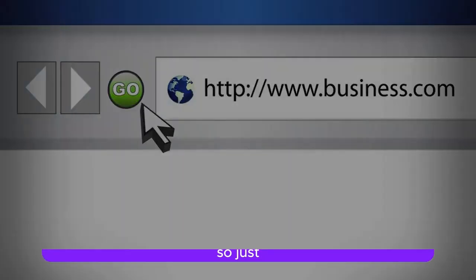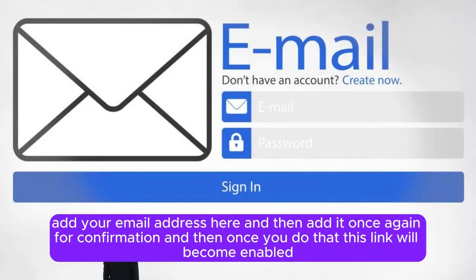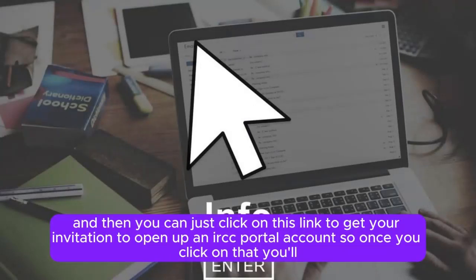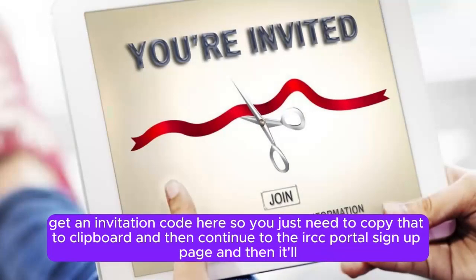So just add your email address here and then add it once again for confirmation. And then once you do that, this link will become enabled. And then you can just click on this link to get your invitation to open up an IRC portal account. So once you click on that, you'll get an invitation code here. So you just need to copy that to clipboard and then continue to the IRC portal sign up page,